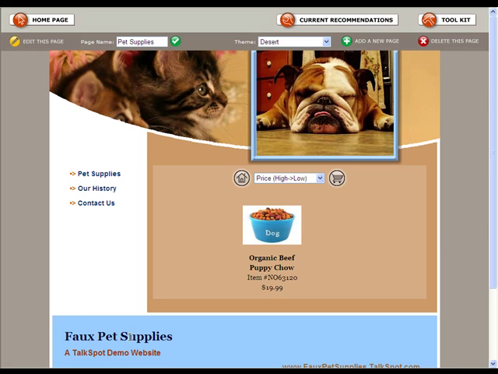Now we're back in our Faux Pet Supplies website, and we're logged in because we can see the admin bar at the top of the page. Now what we want to do is enter the edit mode by clicking Edit This Page in the top left